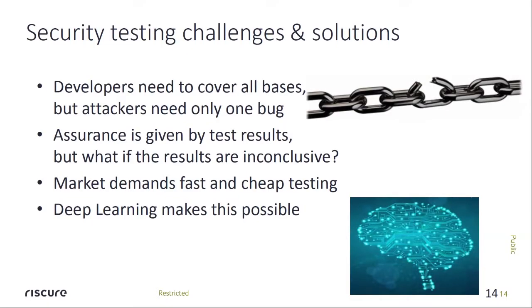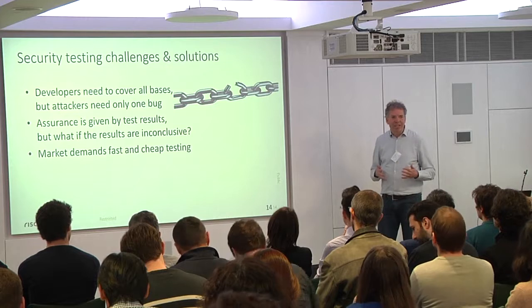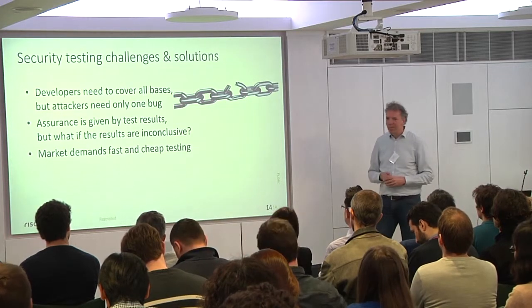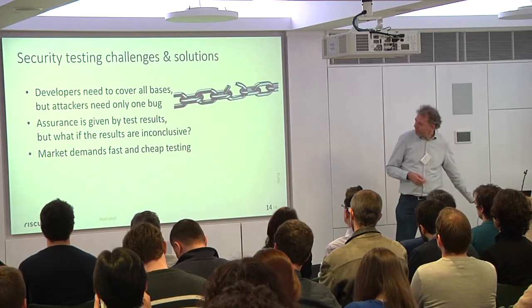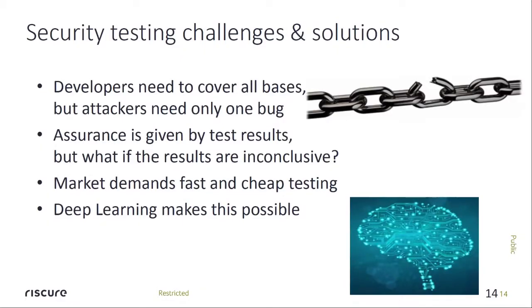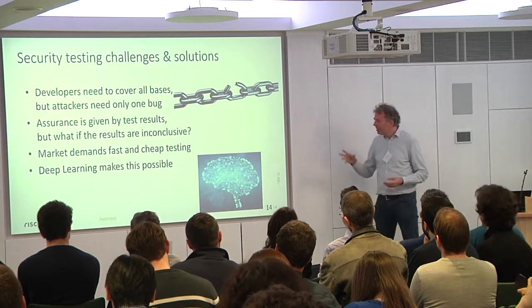So inconclusive test results are not really very nice. At the same time, we see the market demands fast and cheap testing. So with the introduction of IoT, new technology, there's no way people are going to wait for half a year before they introduce a product to market. It needs to go as fast as possible. So what we started thinking about 2 years ago was to apply deep learning. Deep learning is a technique that can do a lot for us